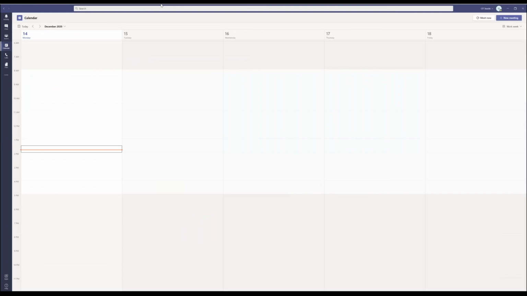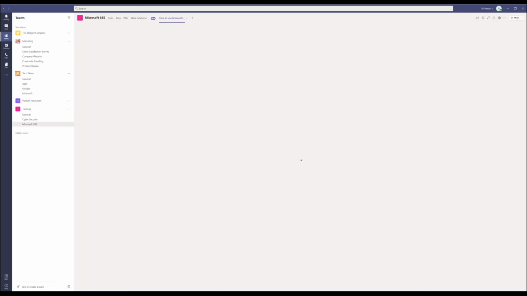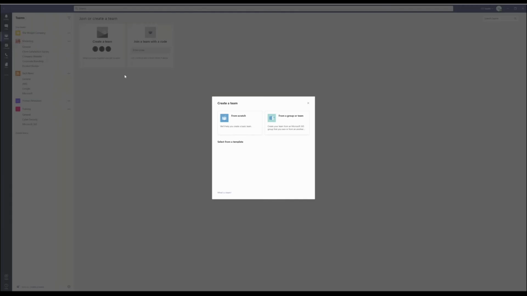One thing I just wanted to touch upon, which I should have covered earlier, is when we go to create a new team, just wanted to show you the different types. I meant to cover this at the start. So we can create teams from scratch, which is a complete blank team with one channel, the general channel, or we can use templates.